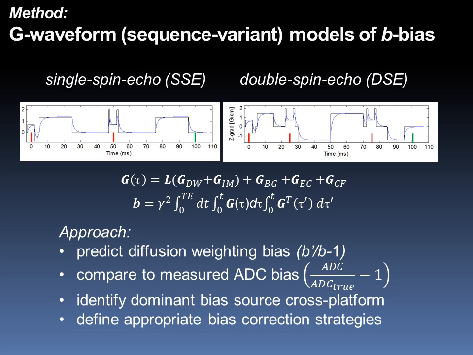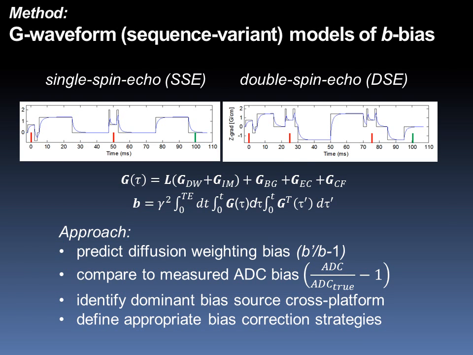To identify dominant bias sources across platforms and define appropriate correction strategies, a comprehensive model was developed for the DWI sequence variants utilized by different vendors, single spin echo and double spin echo. The developed model included observed gradient imperfections from GNL, shim, imaging, and EC. By this model, the ratio of bias to nominal b-value directly predicted behavior for the measured fractional ADC bias ratio